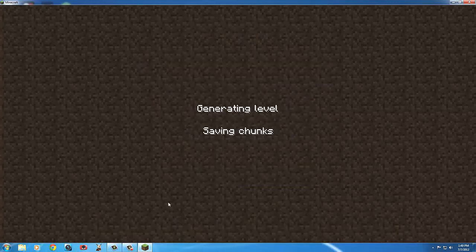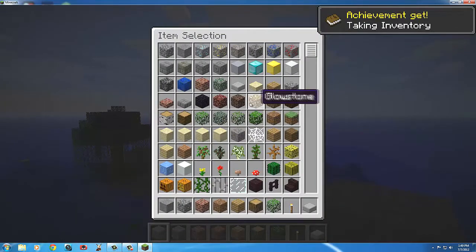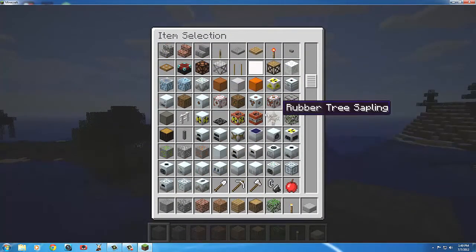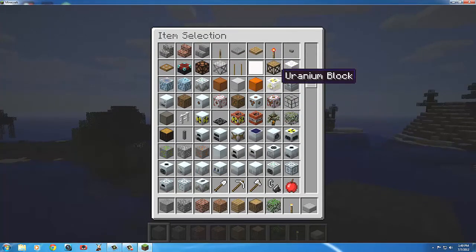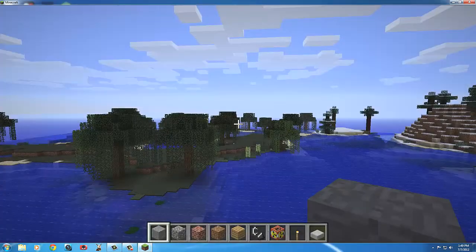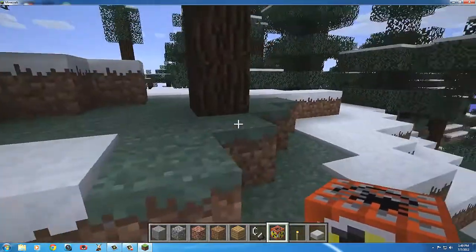Okay, just make a brand new world in Creative, and once it launches, what you should have is all the Industrial Craft stuff added, which we do. You can see it all here. Okay, and as long as we can place it, then that should basically mean that it works.